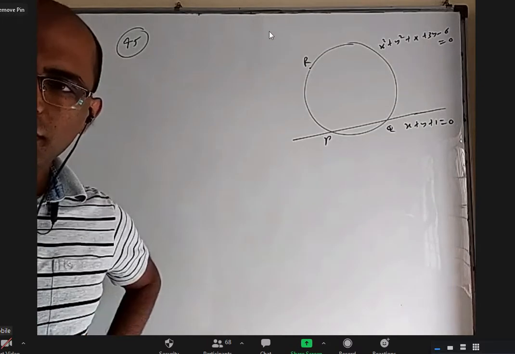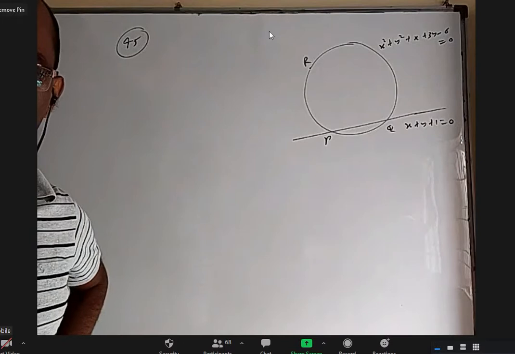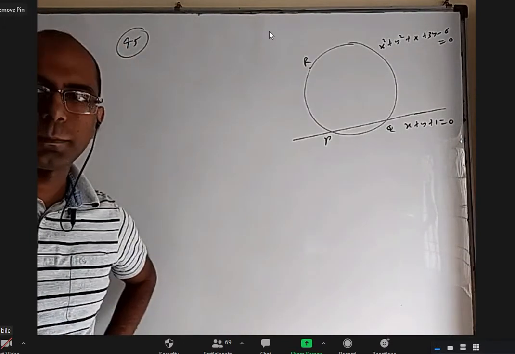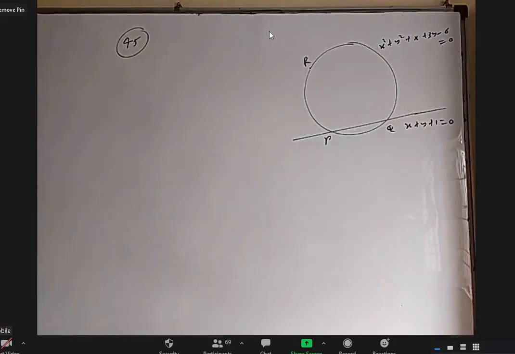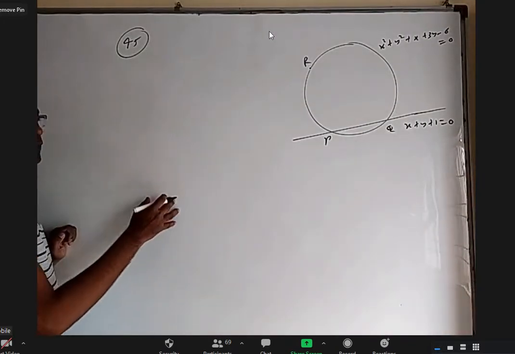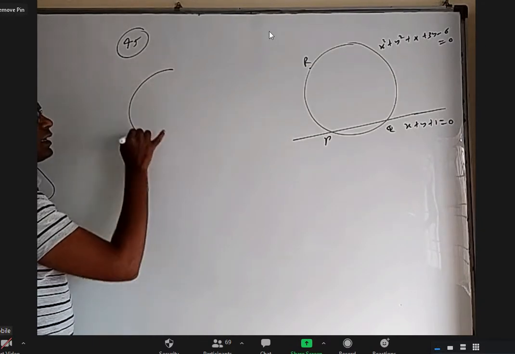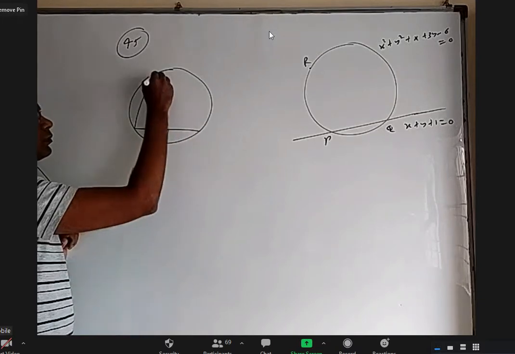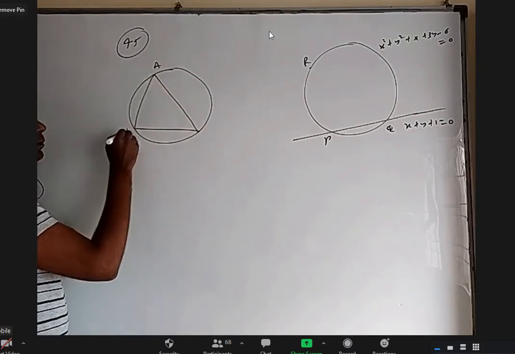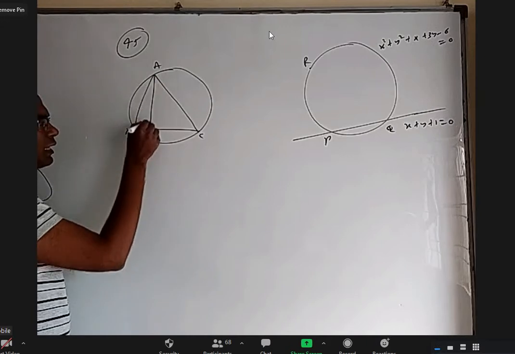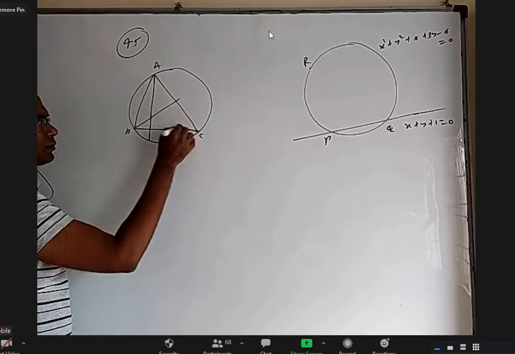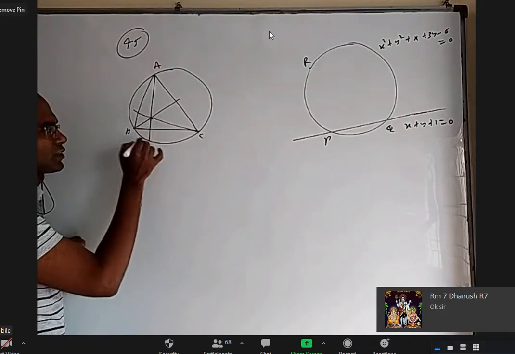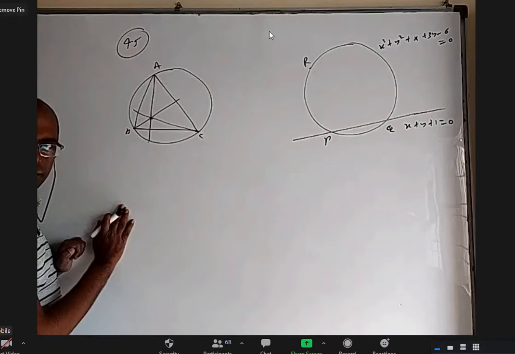I discussed this earlier in first year, properties of triangles. Maybe in straight lines also it may be there. Okay. Let us see in first year whether you remember this in the properties of triangle. That is, I have a circle. In that, one triangle is there. This is ABC. This will have one orthocenter. This is the orthocenter. You remember this and this are mirror images of each other with respect to side BC?